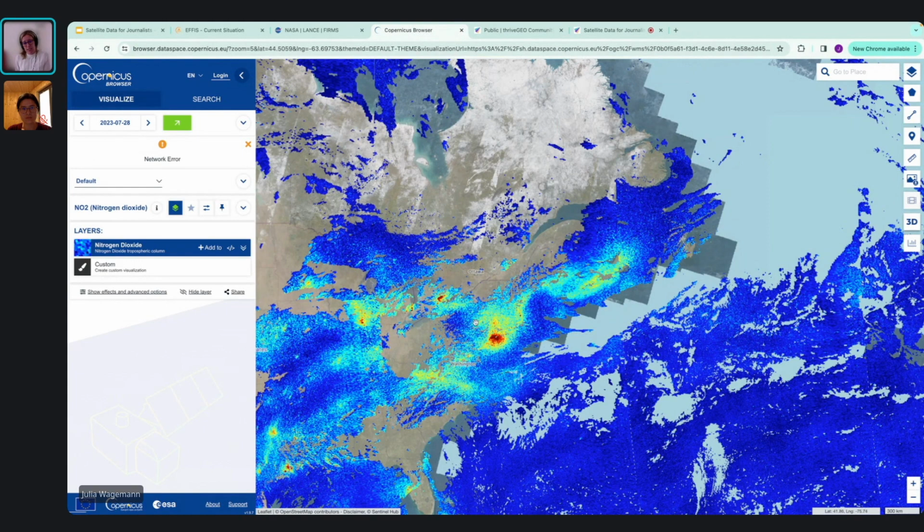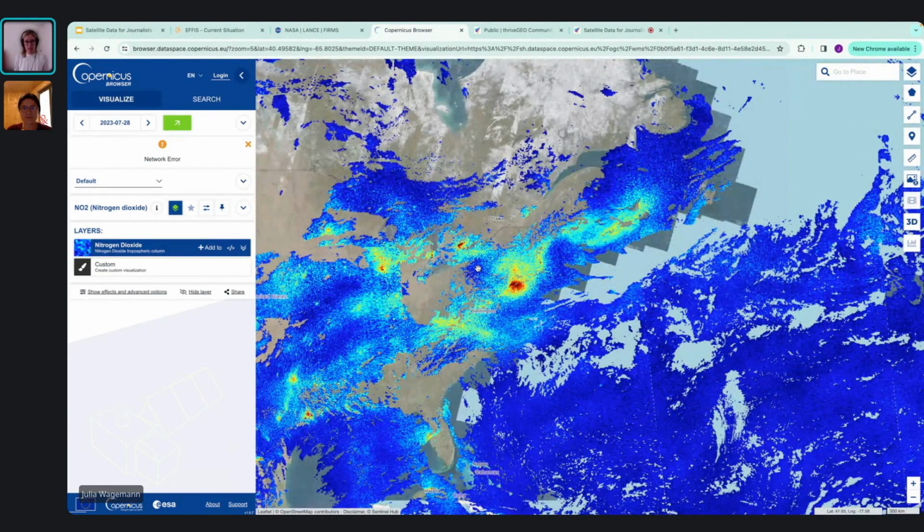And this shows already that often you don't see directly elevated levels of trace gases or emissions directly where the wildfires occur, but you see that the smoke and the aerosols are transported quite fast over distances, and then you see other regions impacted where you see increased levels of specific trace gases. So here the example is that we can see elevated levels of nitrogen dioxide over New York.